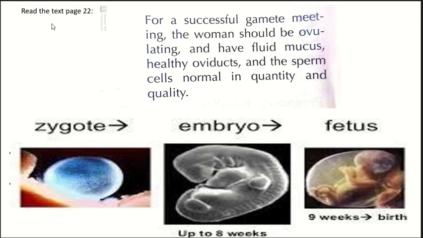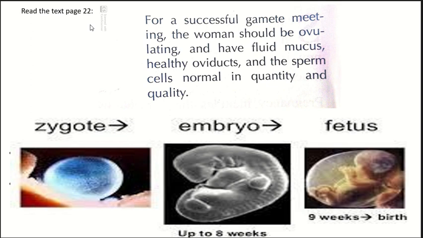Now, this text is taken from your textbook. It's on page 22. It says, for a successful gamete meeting, the woman should be ovulating and have fluid mucus, healthy oviducts, and the sperm cells normal in quantity and quality. Okay? So, from this text, we can pick out the factors that lead to a successful gamete